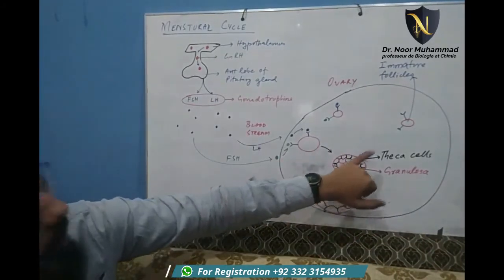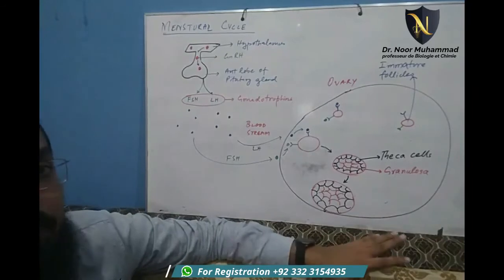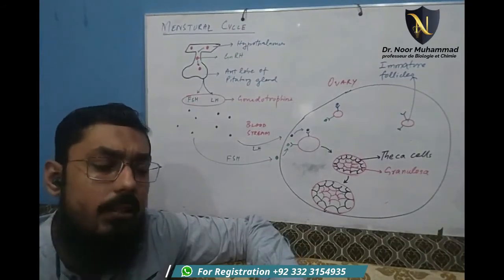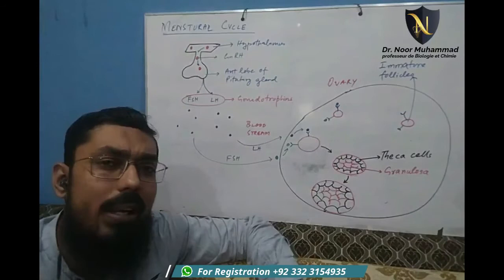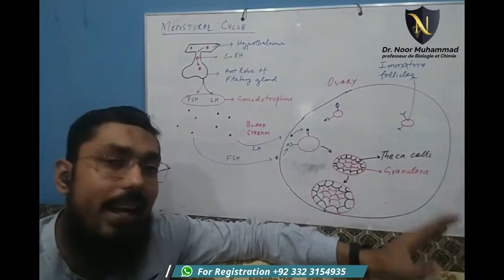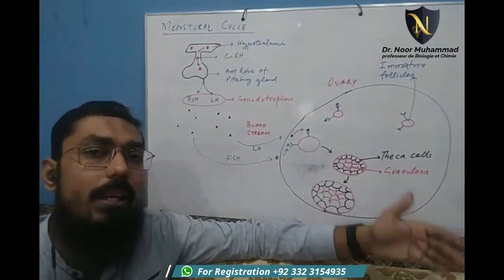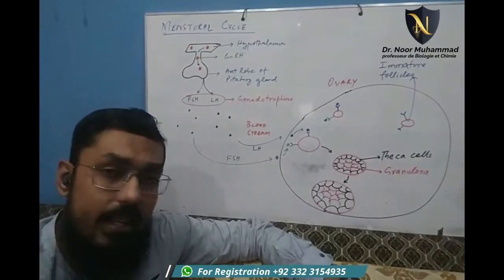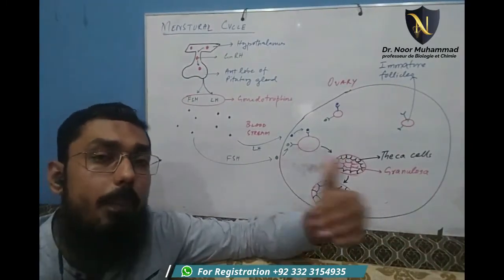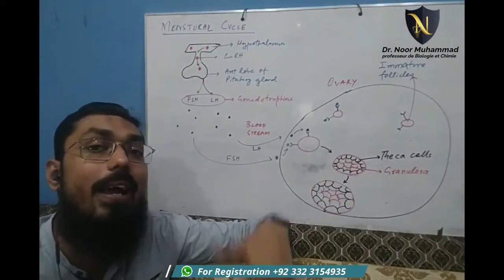Now I am saying that when these follicles start growing, actually there are two kinds of cells in the follicles, the theca cells and the granulosa cells. What happens is that the granulosa cell starts making a hormone called androstenedione. अब आपको ये नाम याद नहीं रखना है, but just remember कि both these cells combine their activity, the theca cells and the granulosa cells. तुम्हारे चूंकि A levels में नहीं है इतना डिटेल तो मैं नहीं दे रहा हूँ, इसलिए छोड़ रहा हूँ. इसको समझो कि granulosa cells कोई X चीज़ बना रहा है, और Y एक जो theca cells है वो Y चीज़ बना रहे हैं, और X in presence of Y is converting